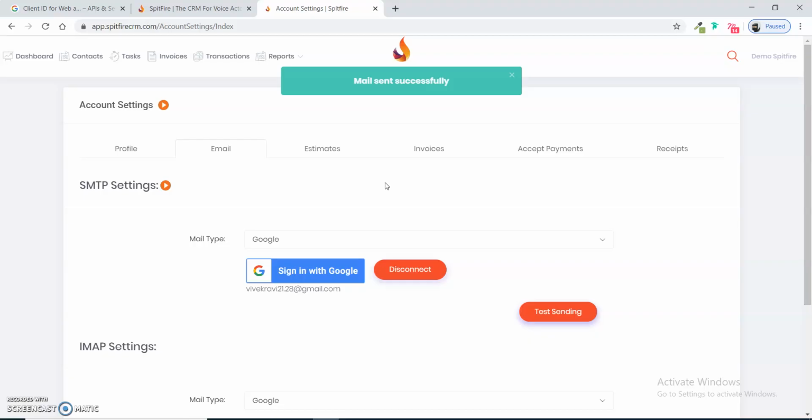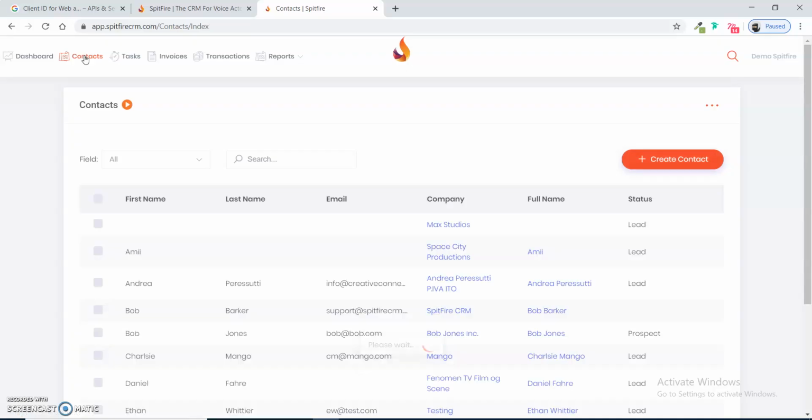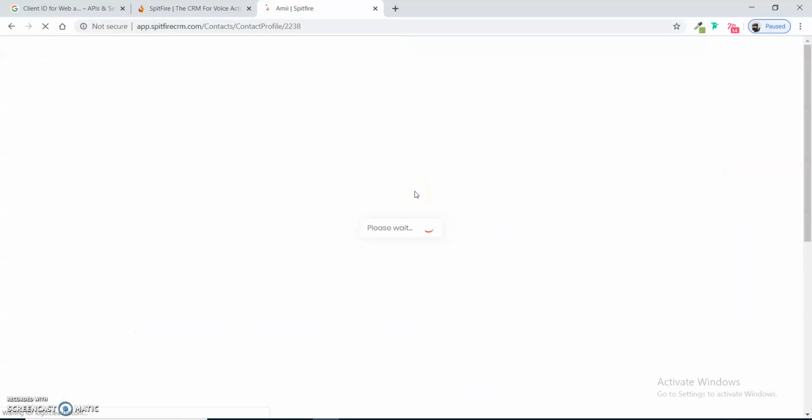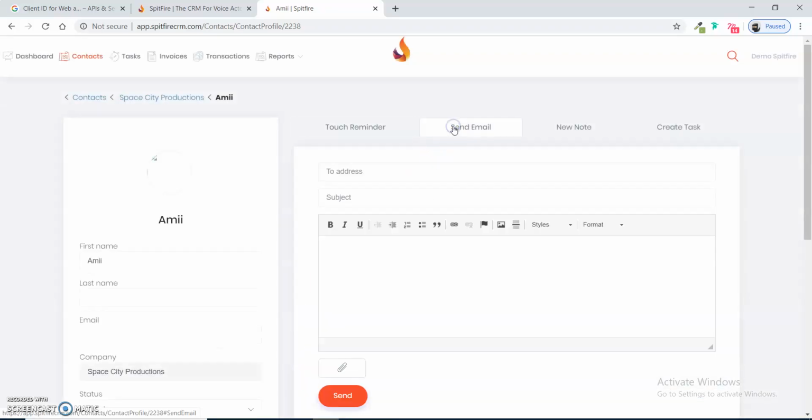We are using the send scope from Gmail API for the sending functionality, and as per the explanation in my previous video, we are using this send scope to send the email from various places, just like in the contacts we can send email from here.